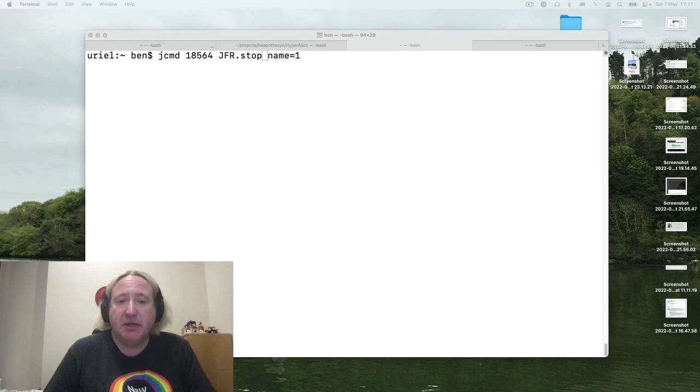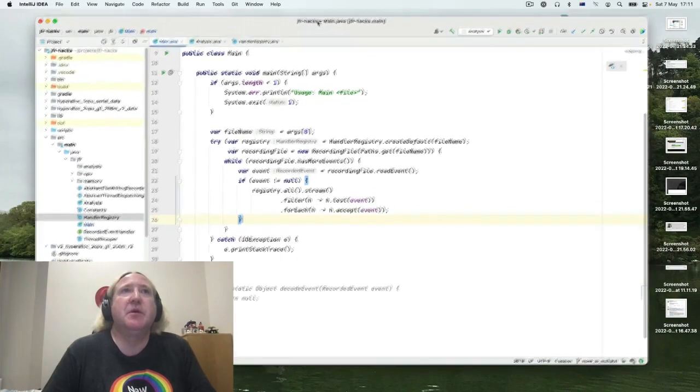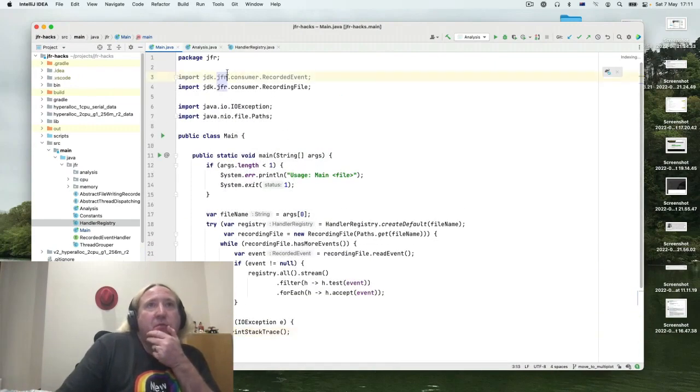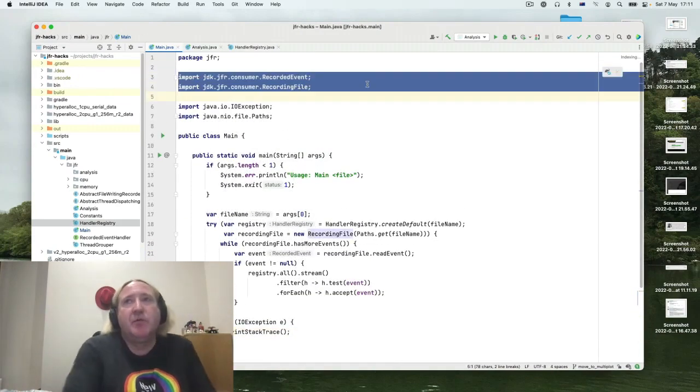You can actually take a file and, here's one I made earlier. Within the modern, so 11 plus JDK, you can see that we actually have a couple of event trees, recording event and recording file.